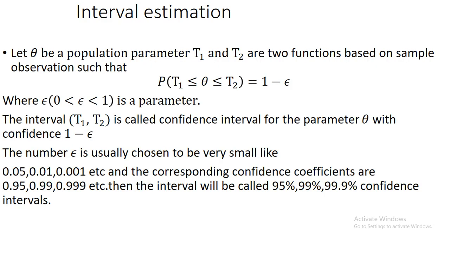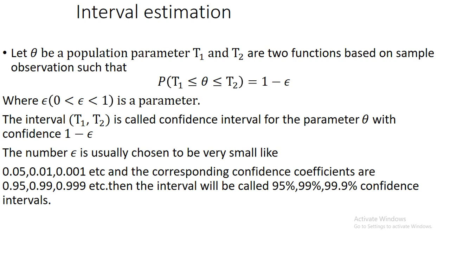In this series, this is the second video. In the previous lecture, we discussed point estimation using the maximum likelihood estimator. Now it is interval estimation. Here the population parameter is theta, and T1 and T2 are two different statistics based on the same sample observation. Probability of T1 less than or equal to theta less than or equal to T2 will be 1 minus epsilon, where epsilon is a